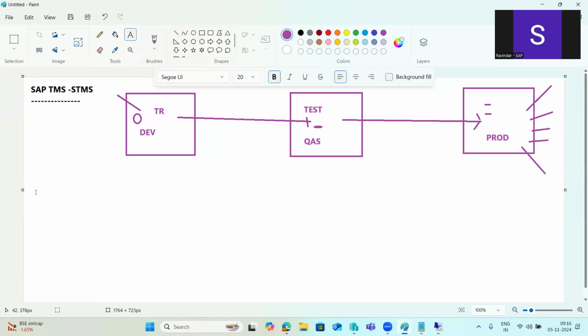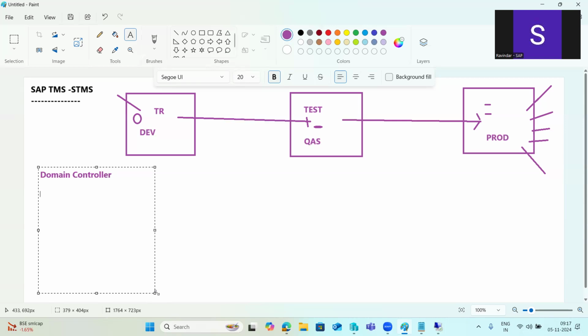As part of this STMS configuration, we first need to align the domain controller. So we have to do the domain controller configuration.